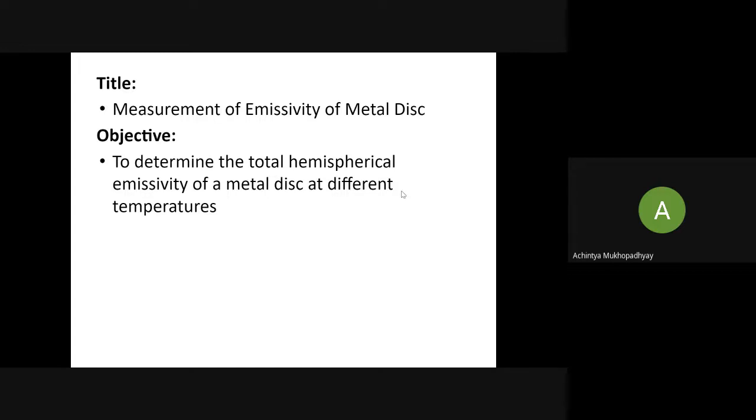That means a given surface can emit or absorb radiations differently in different directions, and obviously emit or absorb radiations differently for different